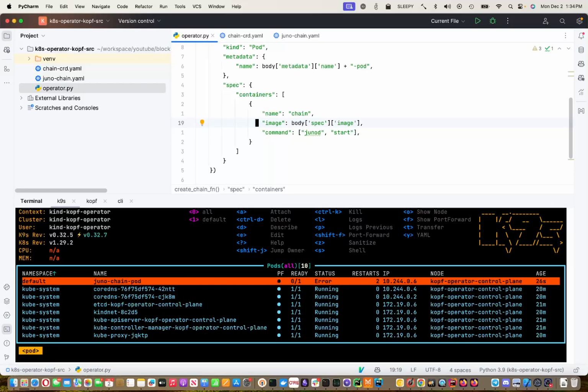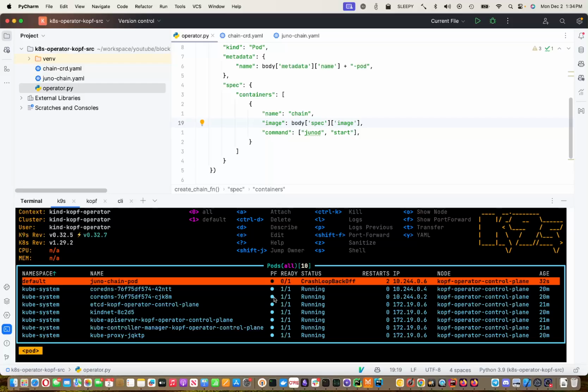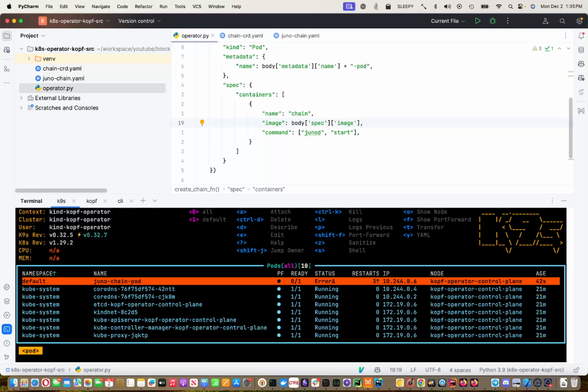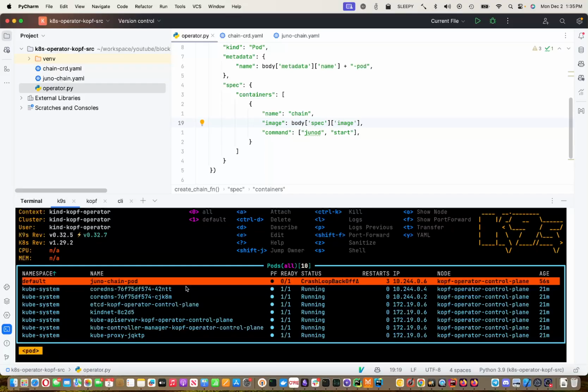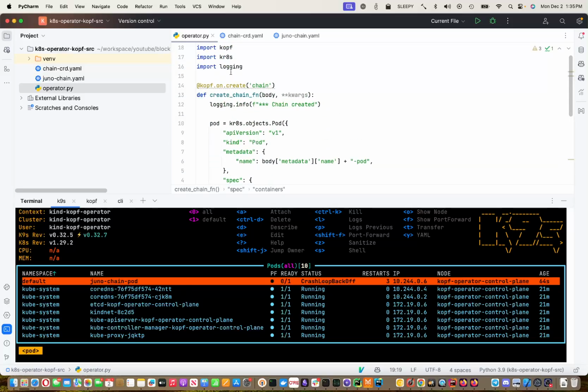Now we can see that we're actually creating a pod when a new resource gets created. And we need to add more configuration. One thing that I would like to fix right away is when I delete the resource, you see this pod, it's not being deleted. So what we will do, we'll